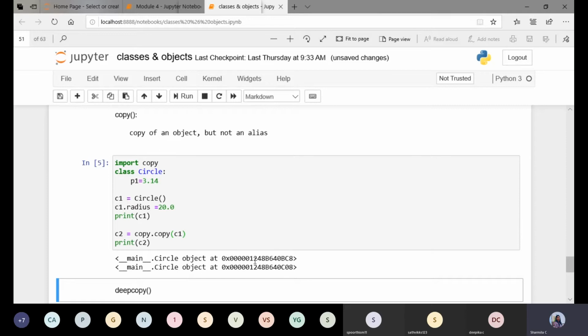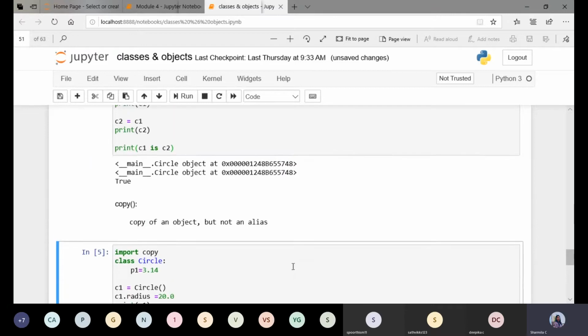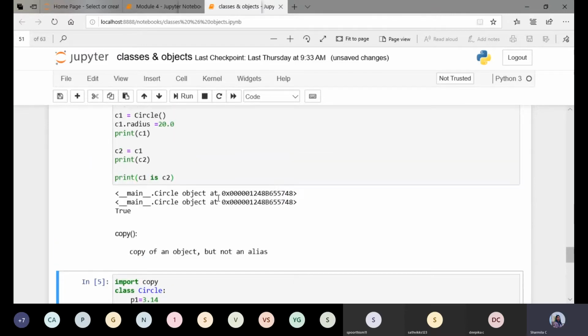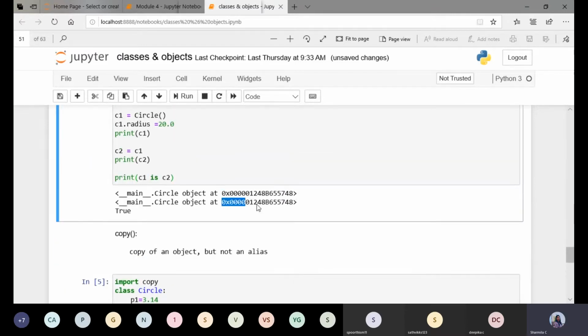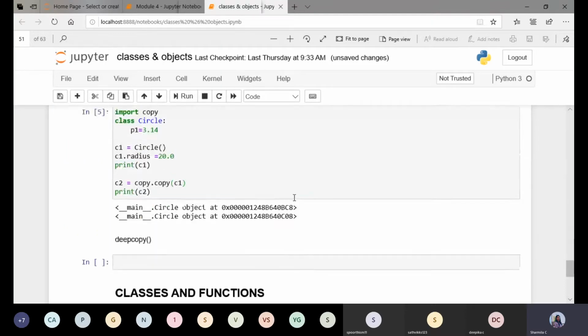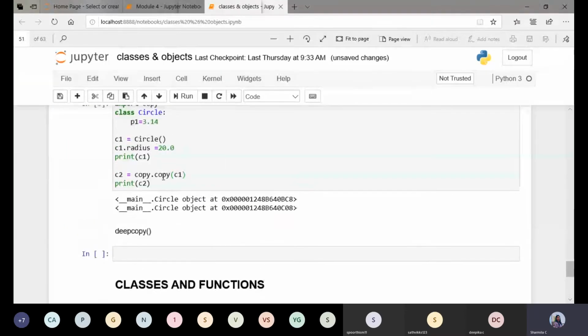Can you see here the address of these two are different? You can see the last digits here are BC8, and here it is C08. Whereas in the previous one, the memory location is the same for both the objects, 55748, and even here it is 55748. But here it has been assigned a different memory location. C1 has the memory location BC8 and C2 has the memory location C08.